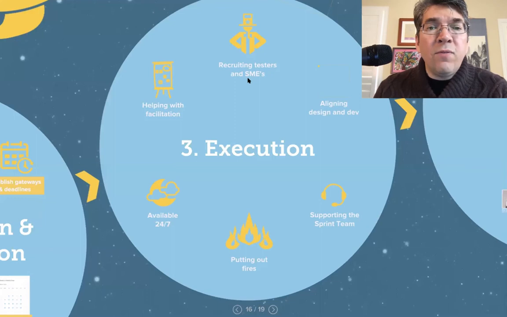If the team is really focused on the problem, you become invaluable if you can help the researchers find testers and SMEs to help the team get informed and also to test their prototype. More often than not, this is thought of as, oh, I can just get, on Tuesday we can start recruiting. And not really, if you want quality folks to join. You probably want to start the week previous, but this is something you could have some sight into to help out. Aligning design and dev. This typically happens in the sprint naturally, but sometimes you're called on to do so.